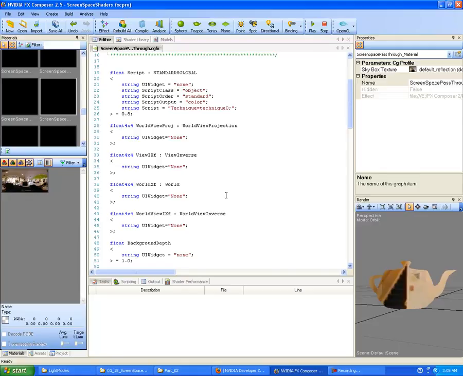I can't remember. I did a number of things trying out in order to make this work, so I may have one left over I don't need. I didn't really go back and check real close. Float 4x4 here, worldview PROJ colon worldview projection. Open less than sign here, string UI widget equals, quotes, none, close quotes, semicolon here, closing greater than symbol, semicolon,